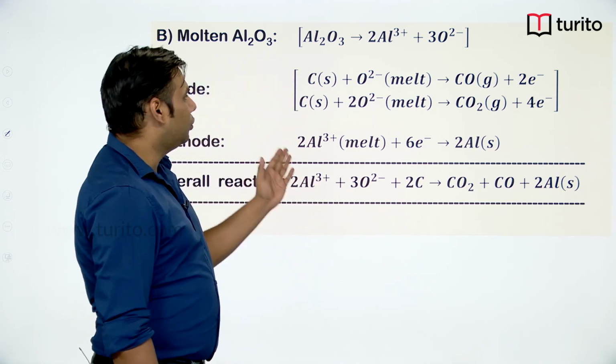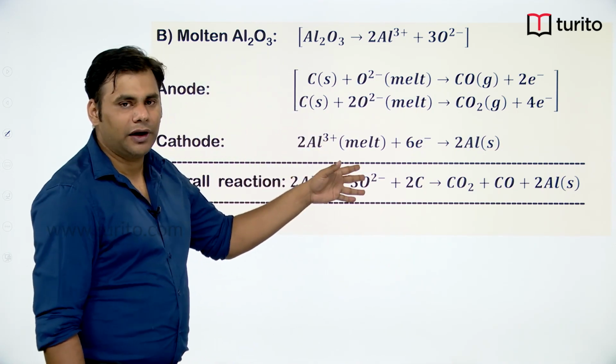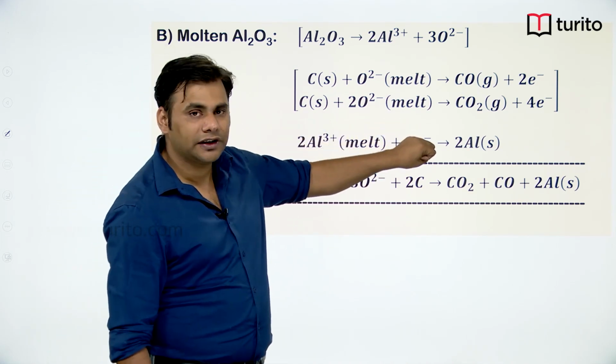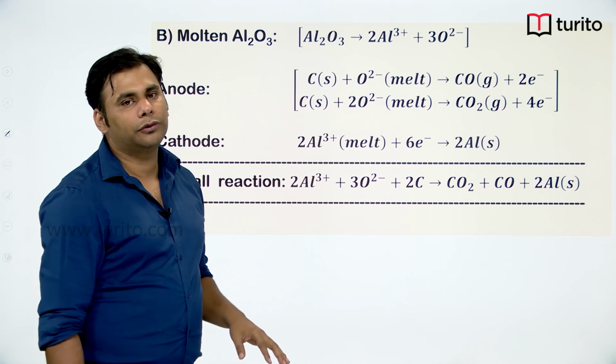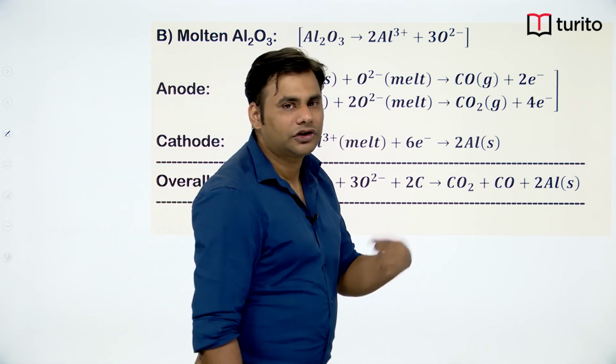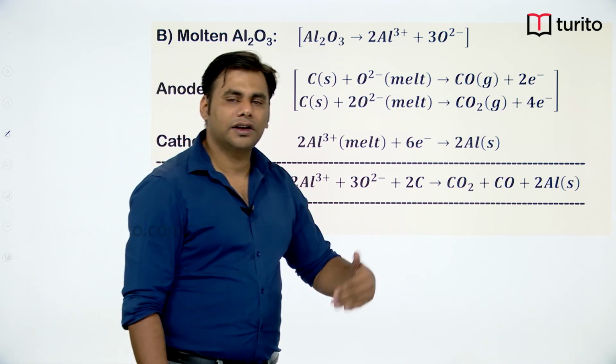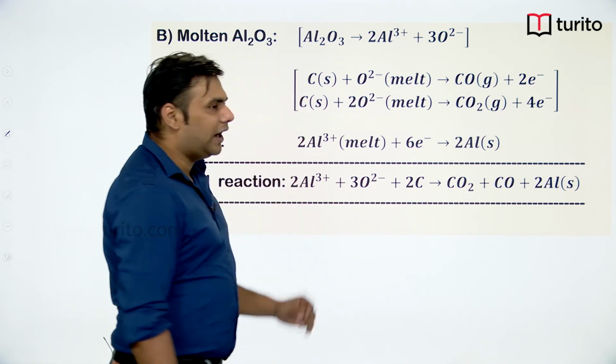So 2 Al3+ which was there in the melt would take up 6 electrons because the total positive charge is 6. So this will take up 6 electrons and convert into aluminum solid. That aluminum would start depositing at the cathodic electrode, which is a graphite rod. Similarly, if you look at the anode,